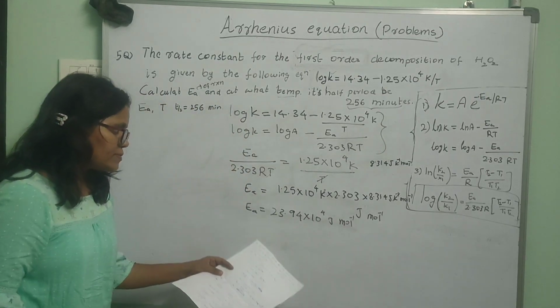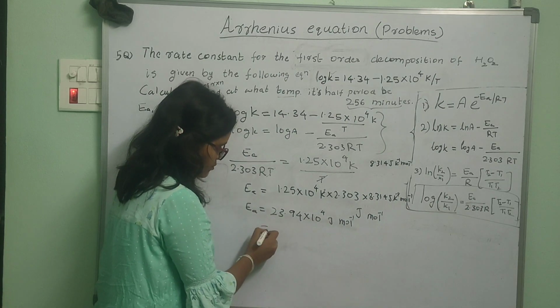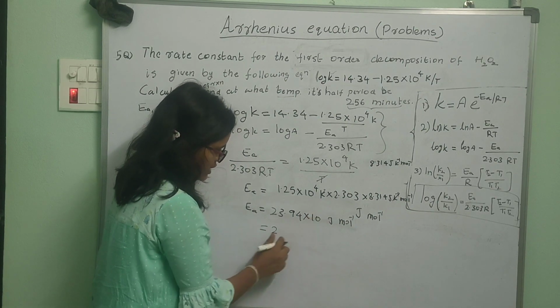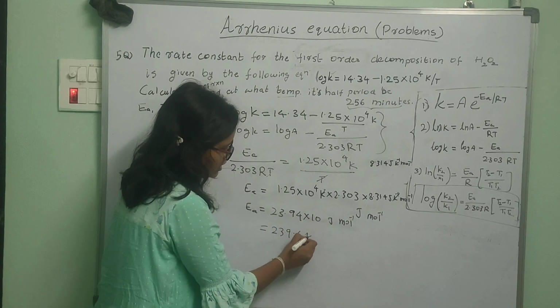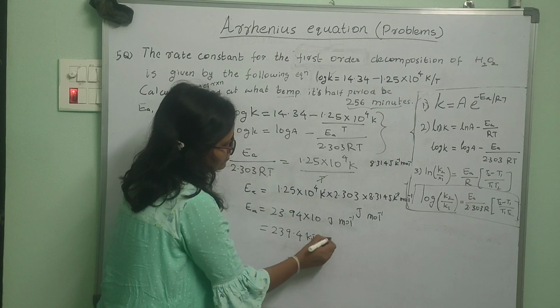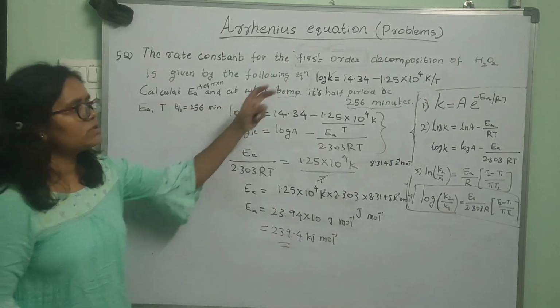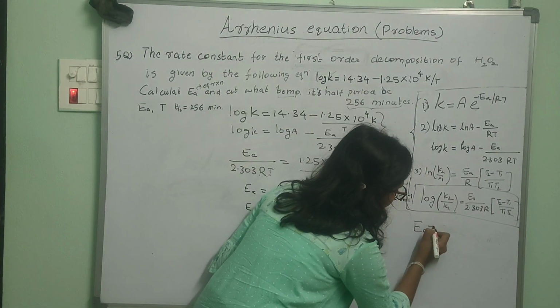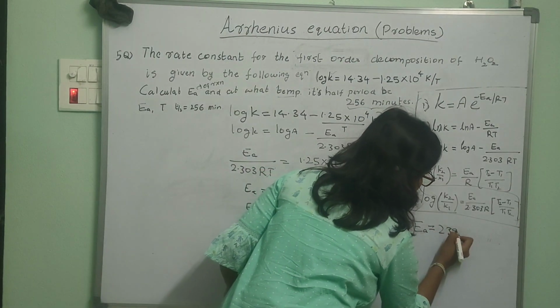So if you want to express it in kilojoules, you can just divide it by 1000. So when you divide it by 1000, you get 239.4 kJ per mole. So this is the activation energy of the decomposition of hydrogen peroxide. So I will write it here. So it is 239.4 kilojoules